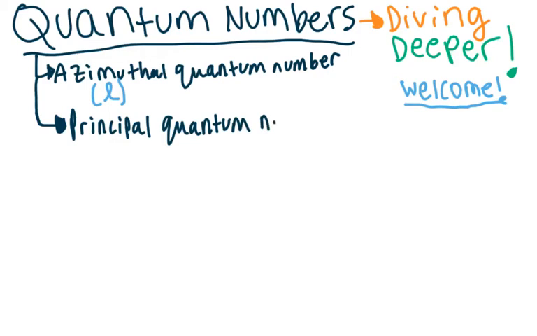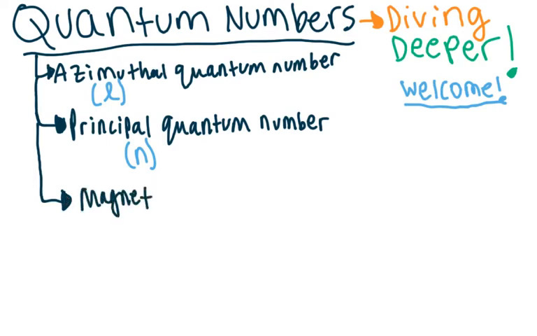all right? And just like we denoted our angular momentum quantum number as L, we have a symbol for our principal quantum number, which is going to be N. This is just energy levels pretty much. And then the third quantum number, guys, is the magnetic quantum number. And again, if you want an overview of these, make sure to check out my last video on the overview of quantum numbers. So magnetic quantum number, and we denote this as M sub L,